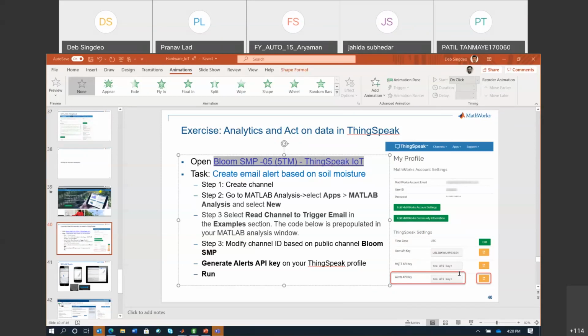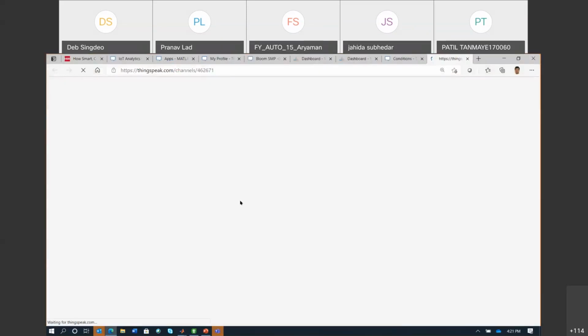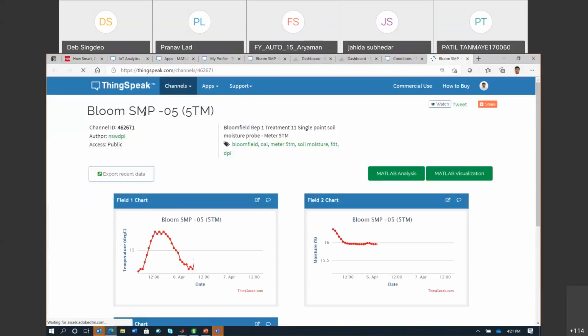I've just pasted the link now. Probably in the chat, you will be able to see that link. Okay, it is not directly opening it up here. Let me just open up that particular channel. So this is the channel that I'm using. You can see that they are logging the temperature data in one of the charts, and the moisture data in the other chart.